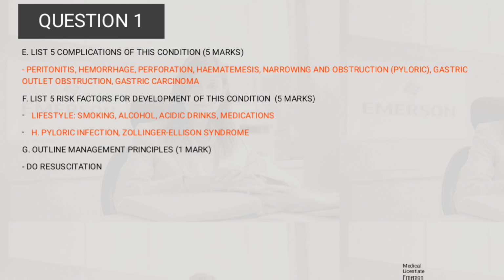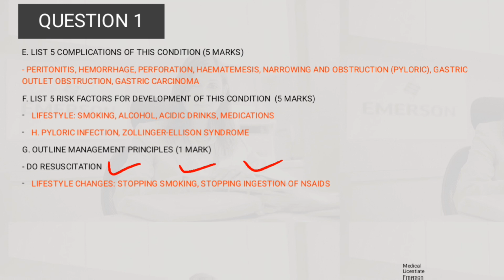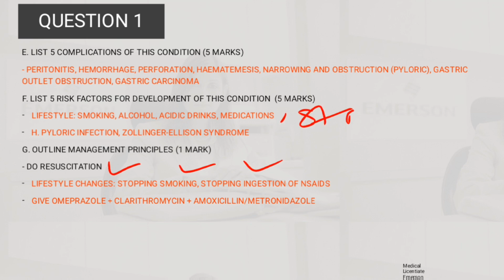Then for outlining the management principles of this condition, of course, our resuscitation has been done. We do our resuscitation, then lifestyle changes. So we tell the patient to stop smoking, stop ingesting NSAIDs and other risk factors. Another risk factor here you can just put is stress as well. Then after that, we have to give omeprazole, clarithromycin,